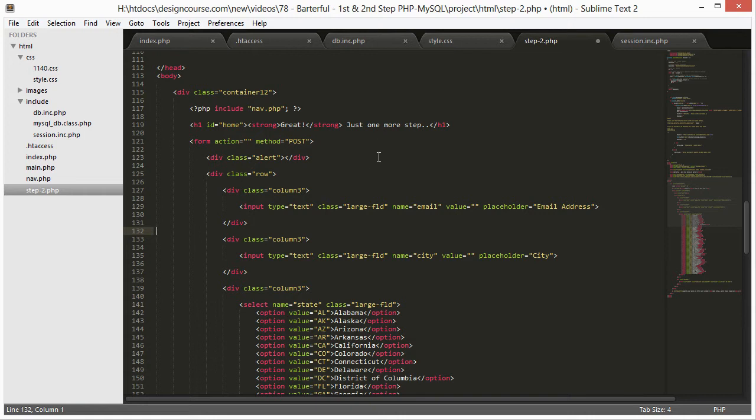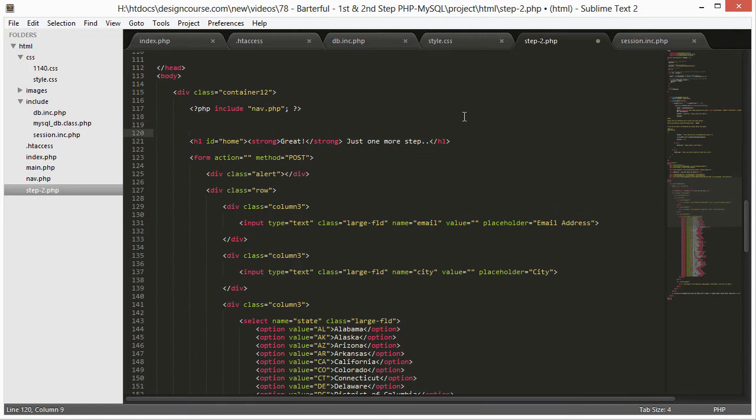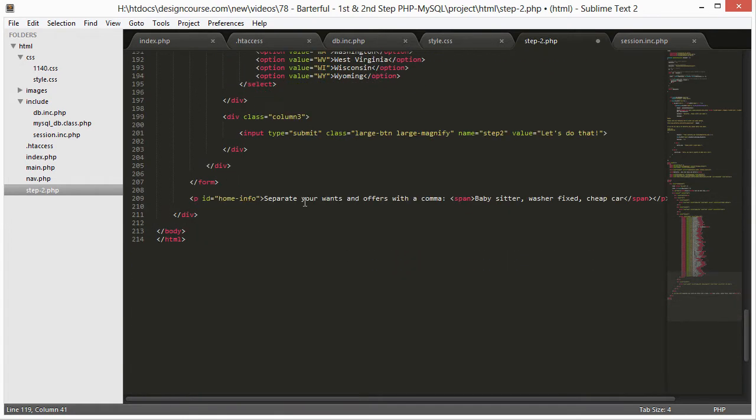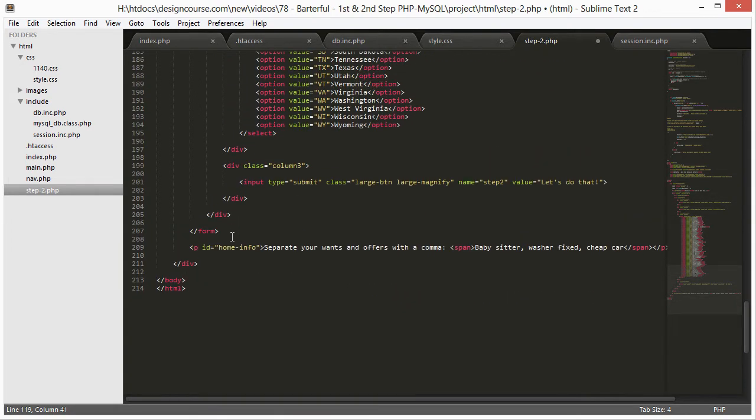What we're going to do is basically right after here, we'll put in PHP if not isset success, then show all this stuff down here, basically is what that means. And so that will come right here. So we'll put PHP, else,